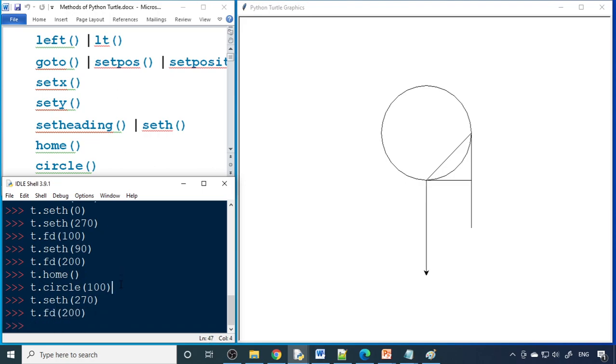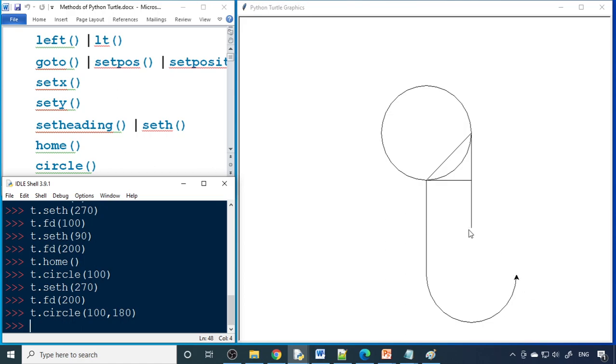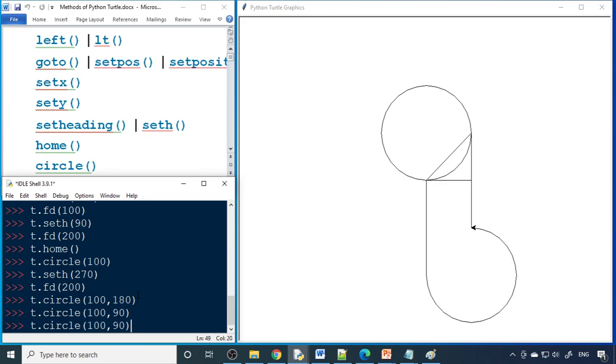Now we'll draw the circle, but we don't want the complete circle. We want only half of the circle. So 360 in total is the complete circle. If you want to draw only half of it, then 180. 360 will give the complete circle, but I want only 180. Now from this point where the cursor is located, we want to draw only a quarter. In that case, you have to write 90. One quarter of the section, that is 90, will complete this. So earlier it's 180, again 90, again 90.